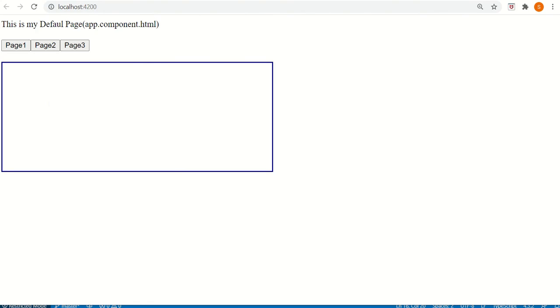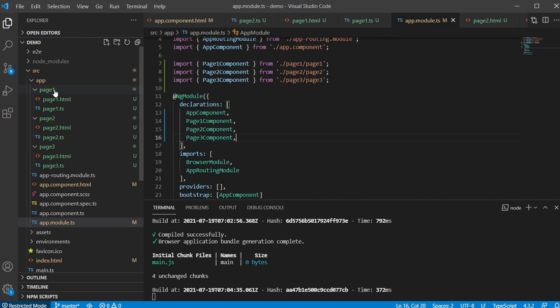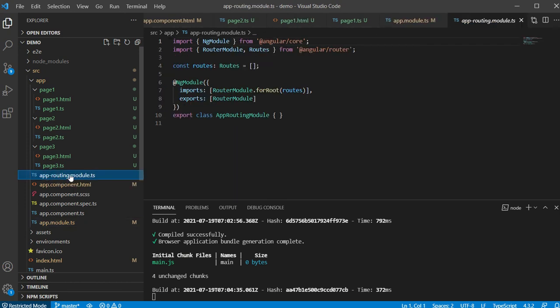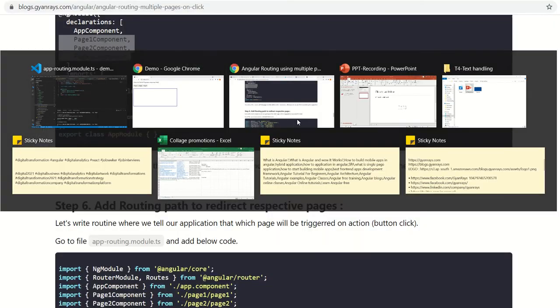All right, so now page 1, 2 and 3 are here. They have been defined in our application and it will work, but it will not show any content because this button is not able to route the page content right now, because we have not told this button or router where it will work, which page it will route. So that routing needs to be defined under the app-routing.module file. So how does it work?